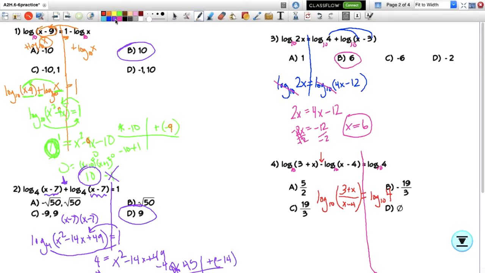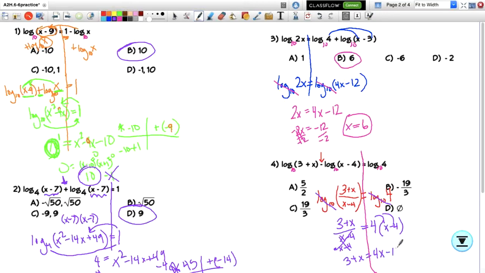Now, you're like, I don't know what to do next. Slow down. If you have a log equals a log, you can cancel those out if they have the same bases. And this still is a little bit of work, but it's totally doable. 3 plus x over x minus 4 equals 4. You might say, I still don't know what to do, Mrs. White. Well, the dilemma is that we have a denominator here that's a mess, right? Well, to get rid of a divide by x minus 4, to take it out of the denominator, we would times by x minus 4, right? Those will cancel. Over here, I have to times by x minus 4. And I end up with, over here now, just being 3 plus x equals